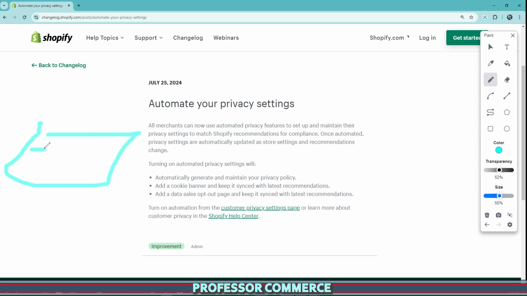You'll see a little blue banner next to the privacy settings that aren't updated automatically. And then if you click within those, you can toggle a little switch, and that says to keep those privacy settings updated automatically. Very handy. So if that toggle switch is turned on, it will automatically generate and maintain your privacy policies,